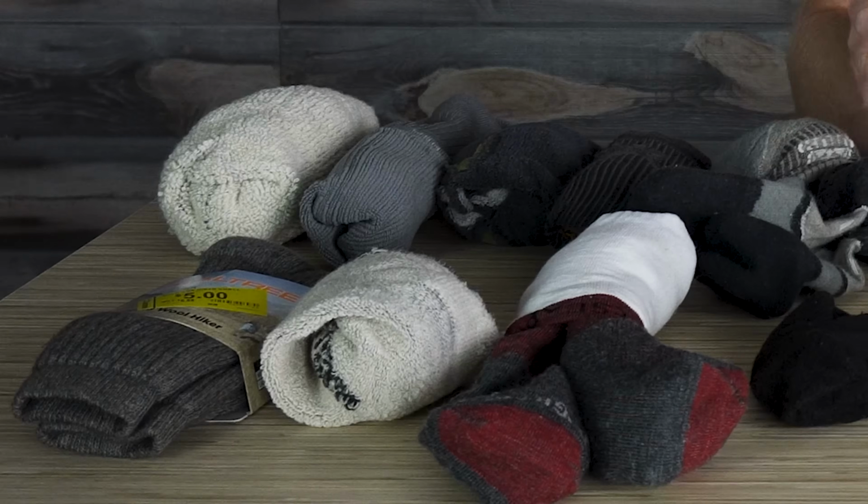Having the wrong socks can ruin a backpacking trip. Trust me, I've been there. On the table here, I have over 20 pairs of socks that I've used in the last 5 years, dialing my own system in, and I'm gonna share that with you today because there are socks on here that would